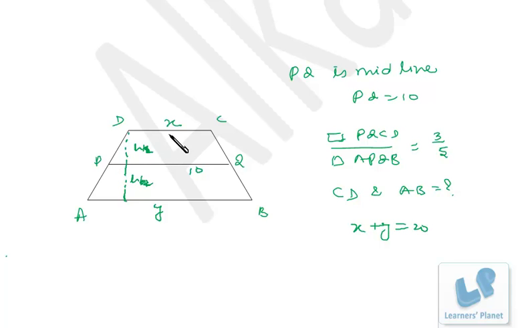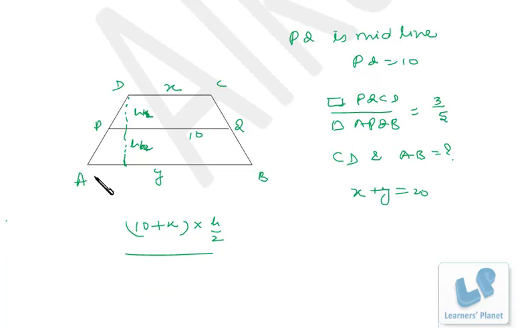So the area of this trapezium will be what? Half of the sum of parallel sides into the distance between them. So that's (10 plus x) into h by 2. Similarly, the area of APQB will be the sum of parallel sides, that is (y plus 10), into the distance between them, that's h by 2. And that's actually in the ratio 3:5,